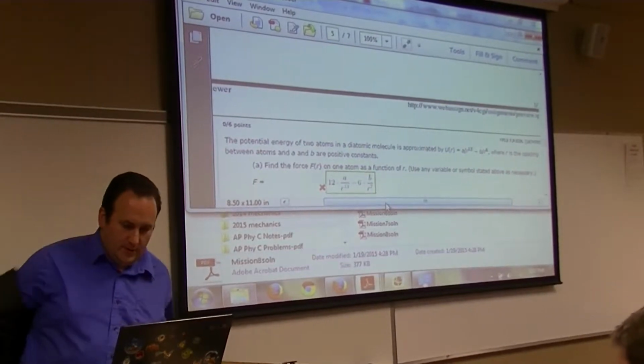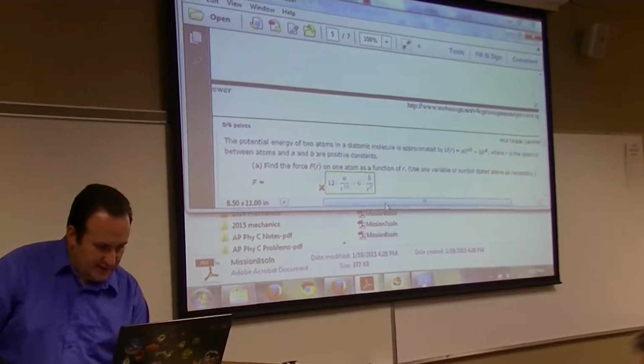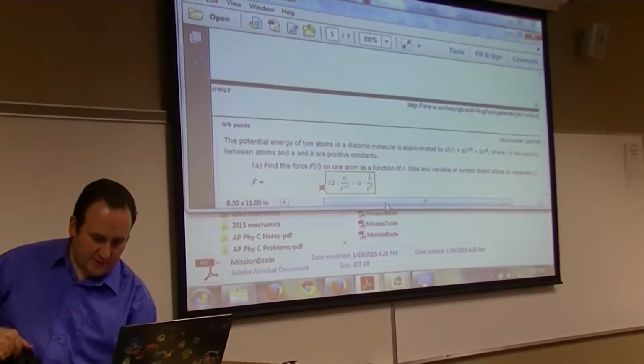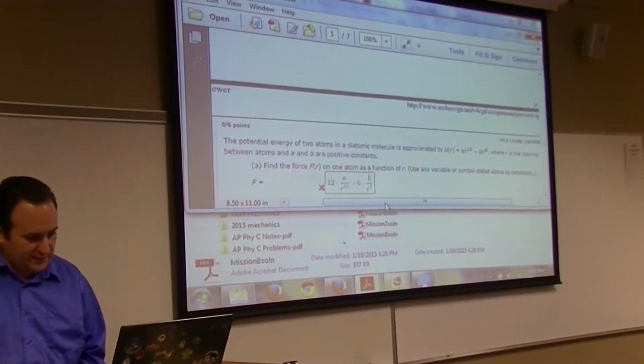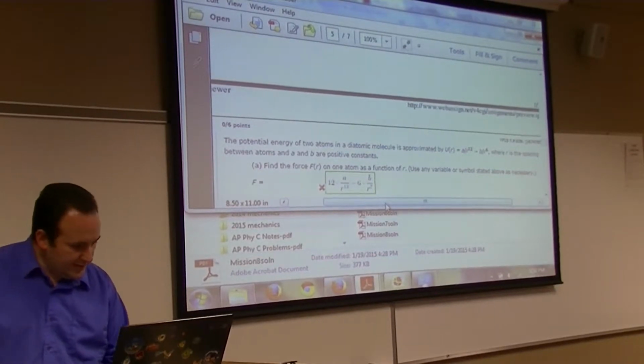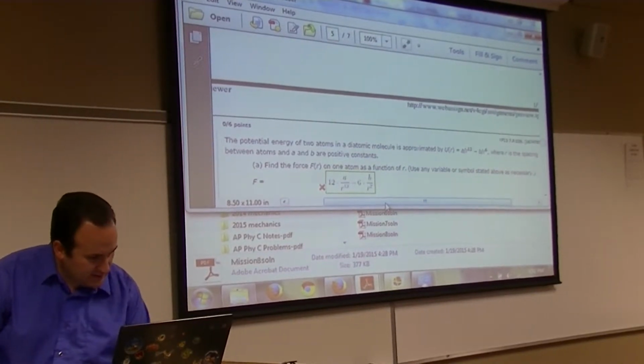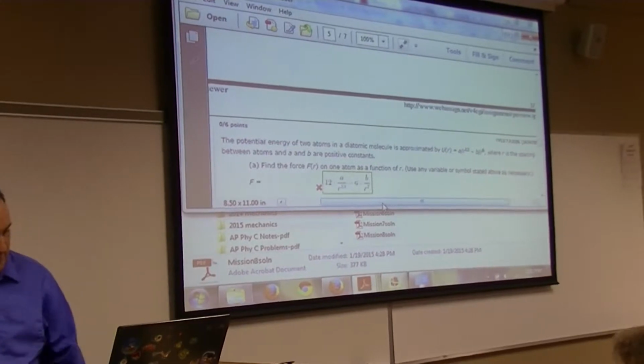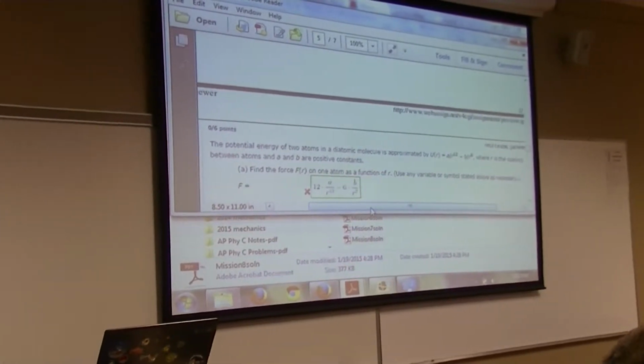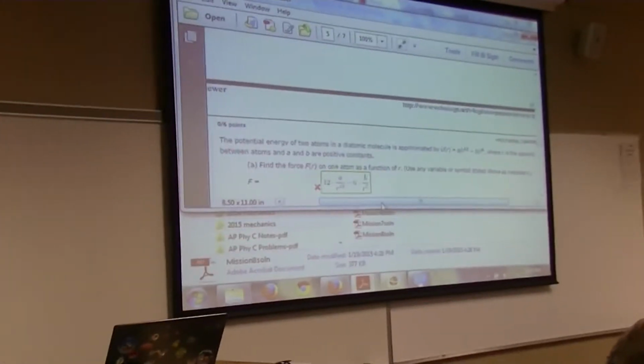All right. The potential energy of two atoms in a diatomic molecule is approximated by U of R equals A over R to the 12th minus B over R to the 6th, where R is the spacing between the atoms and A and B are positive constants. Find the force on one atom as a function of R. Okay, so